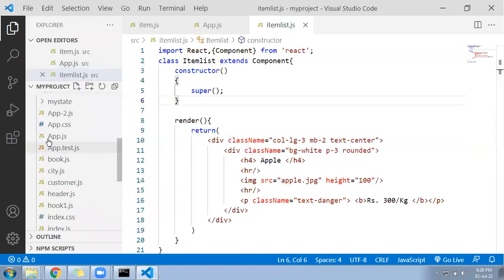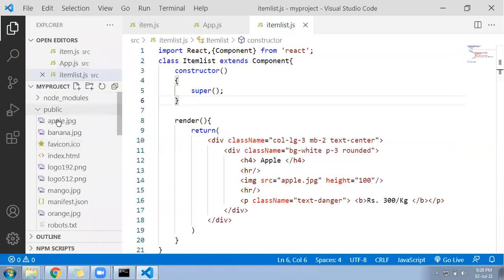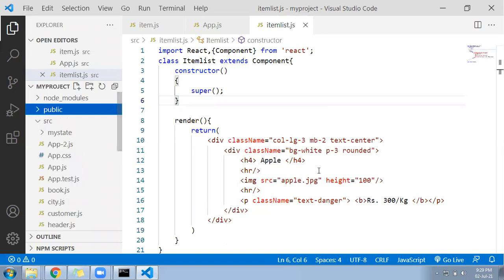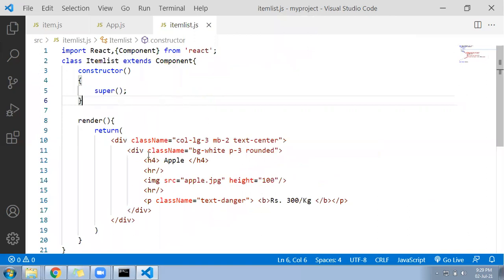Here you can see I have apple, banana, mango, orange. Those kinds of photos I have kept already in my public folder. In the same way you can also keep the photos and then call them directly here. Now I printed the product name, the product photo, and the product price as well.